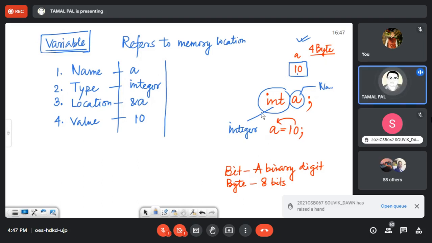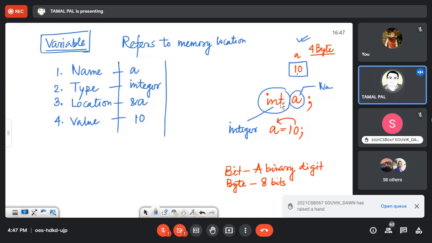If you can change the value, is it in RAM?